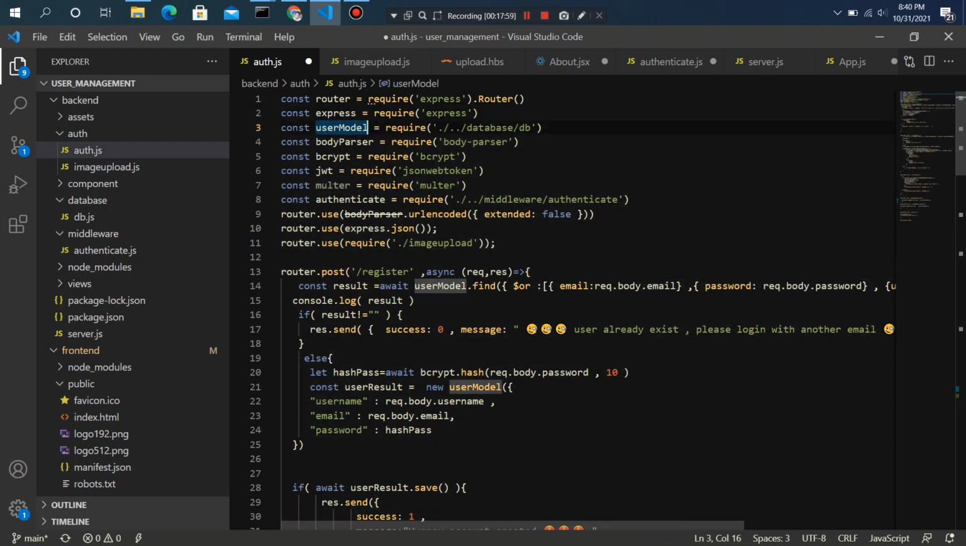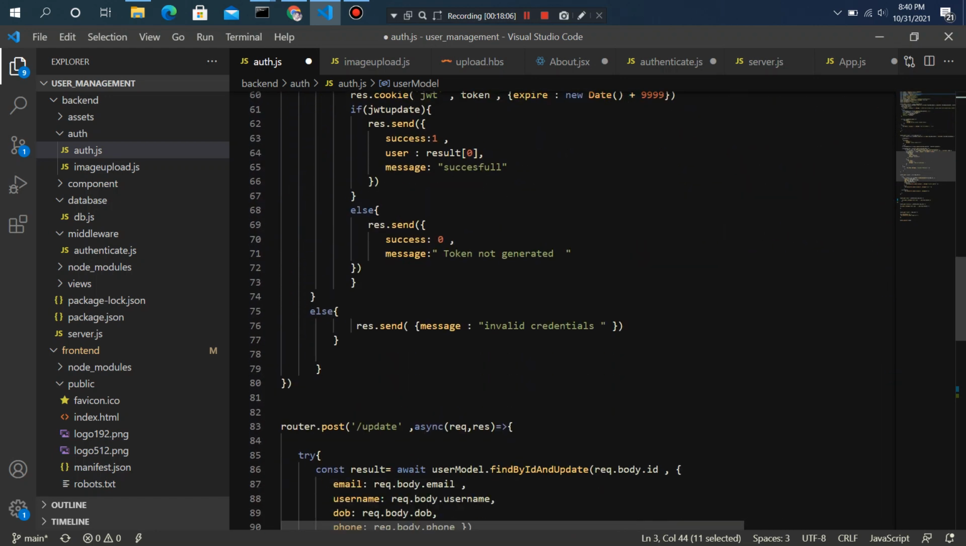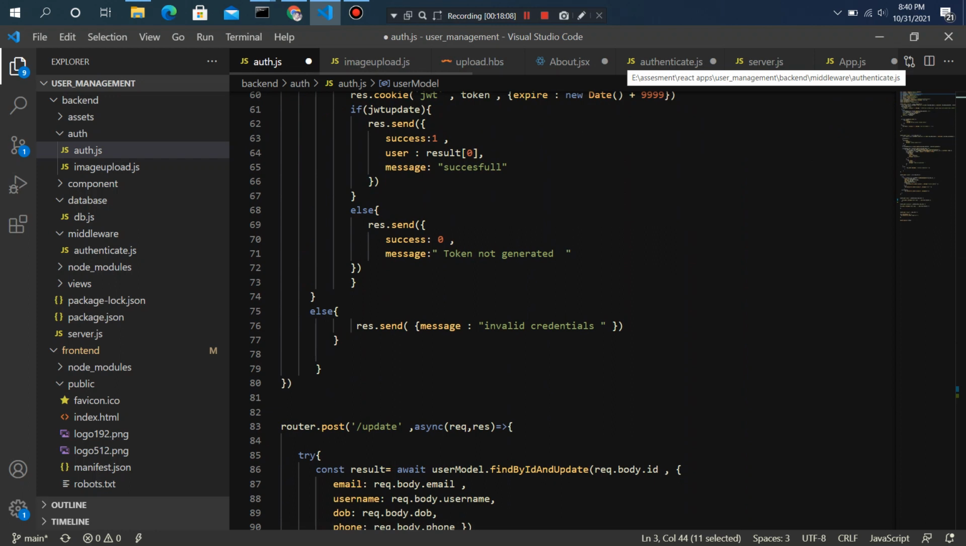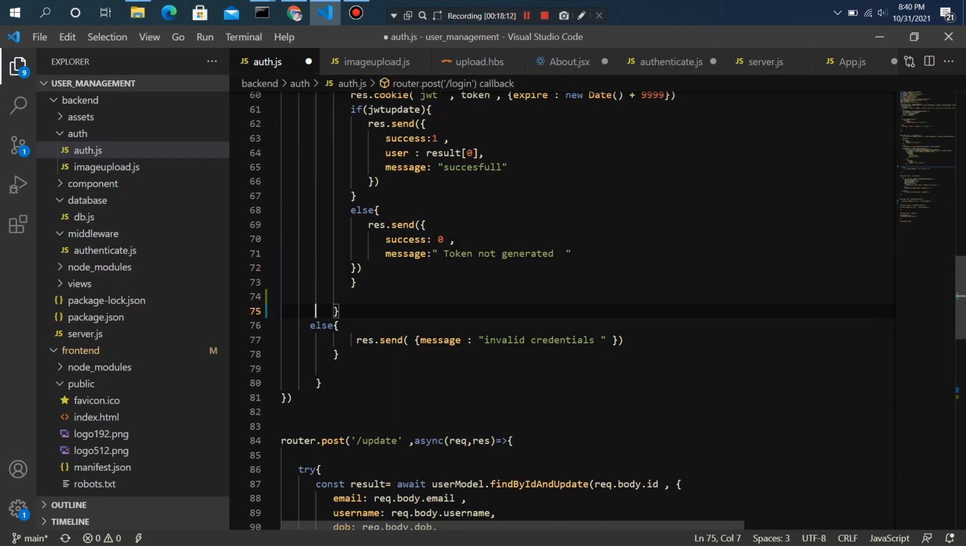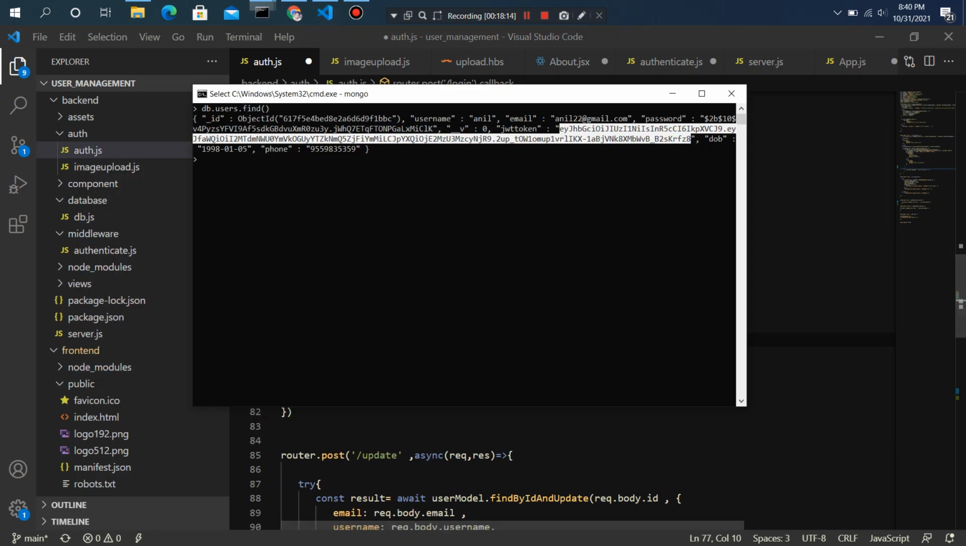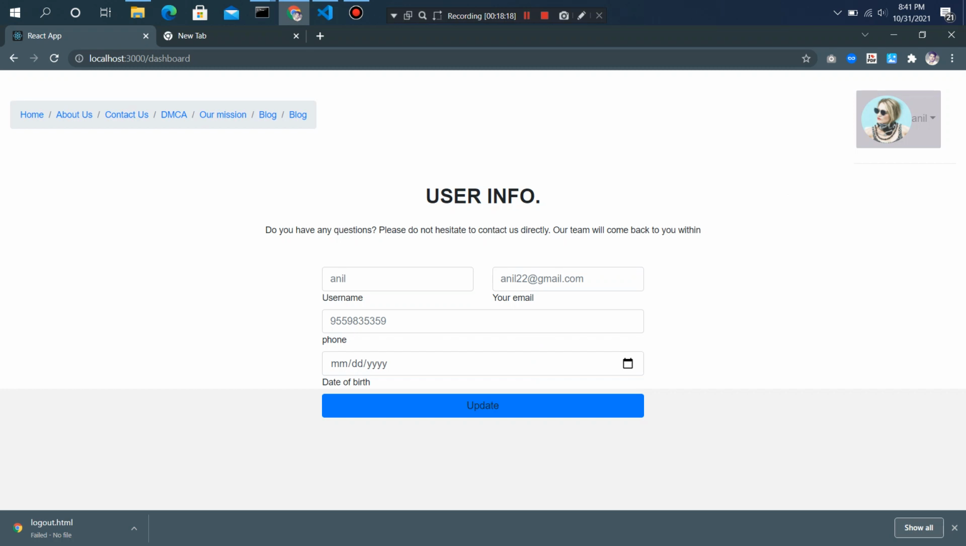Here it is. User model require DB. By using this model, we are storing all our data and implementing all the login and sign up functionality, and updating all the users' data in our database. And one more thing, sir, actually